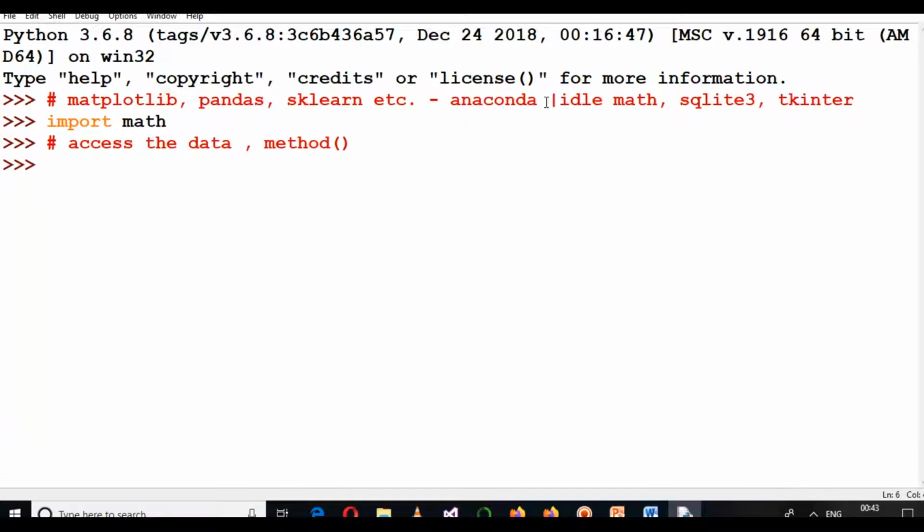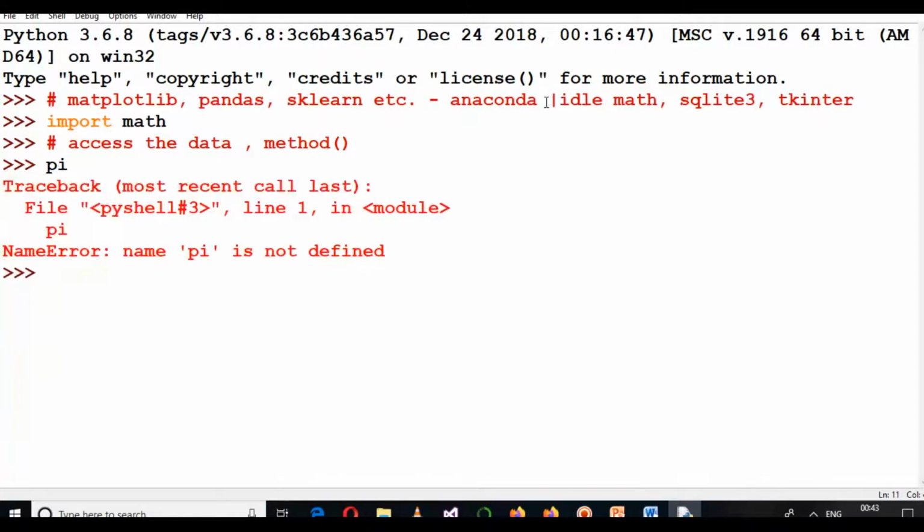For example, without the support of any library, if I print pi here, I will receive an error that pi is not defined. But since we have imported the math library, we can access math.pi. Now the value of pi will be presented because this value is stored in the math library, and hence we can access it.